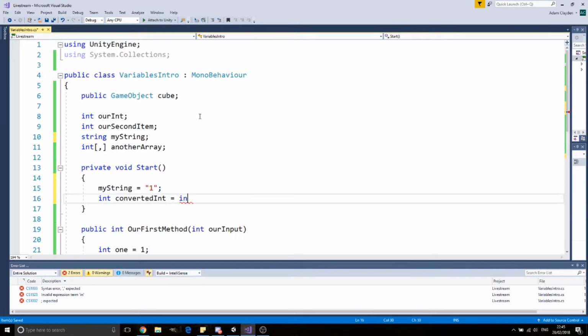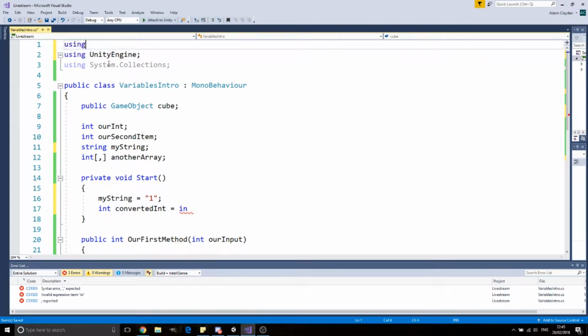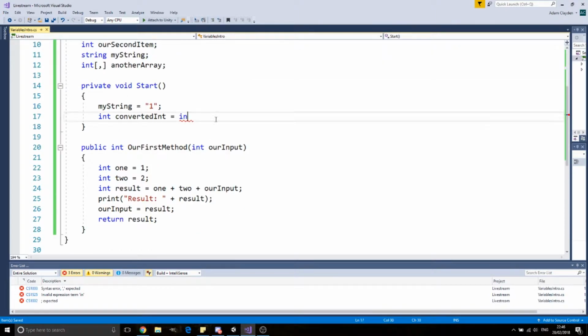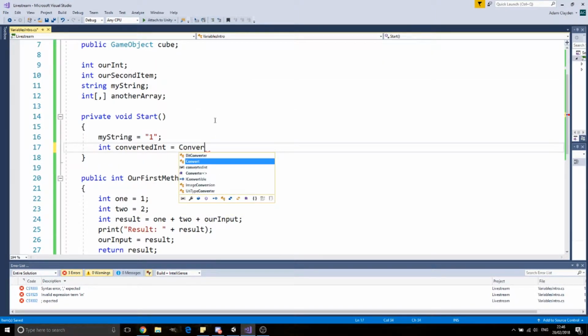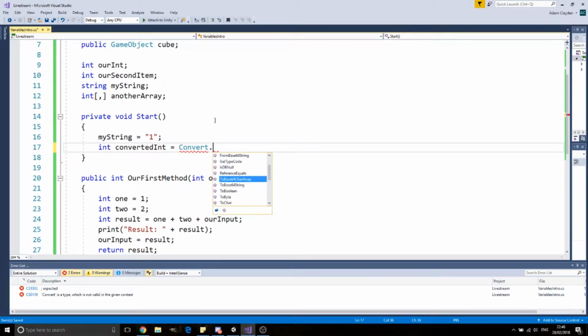I think it's because we haven't included our system library. Yes, let's just quickly do that. So we get access to all the .NET things, right? And we should get Convert, yes, Convert.ToInt32. So that says put in some sort of value, so let's put in our string and convert that into